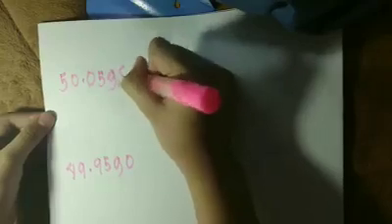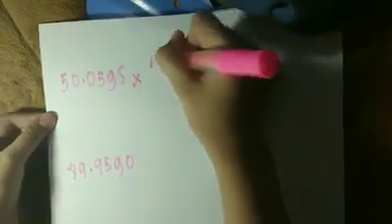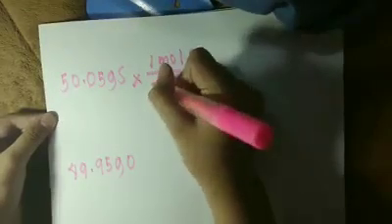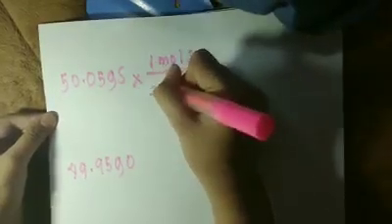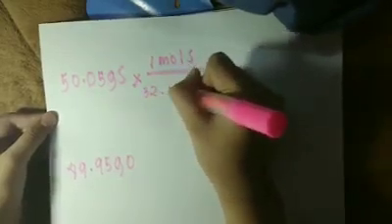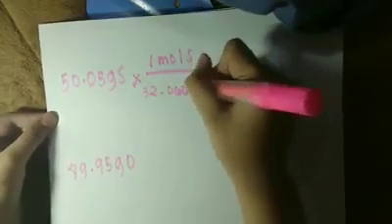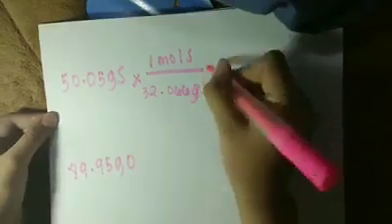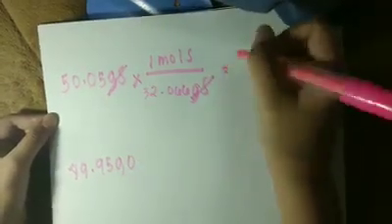Okay, so multiply by 1 mole of sulfur divided by 32.066 grams of sulfur. Cancel out, is equals to